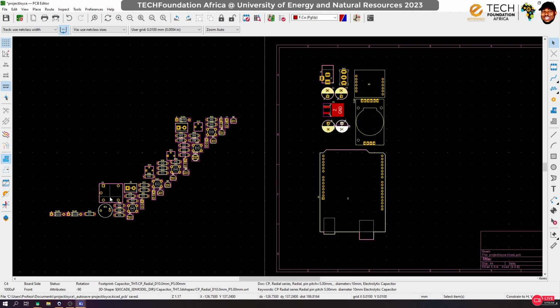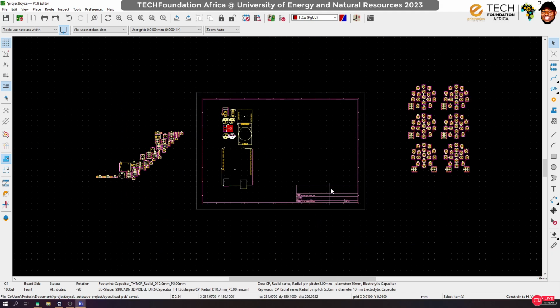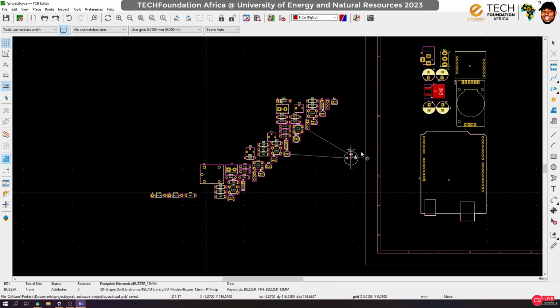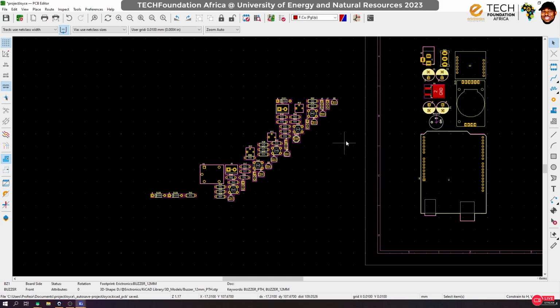And then let's also handle the AC. Now the AC guys, I don't want them interfering so much, so probably I'll bring them at the edge of this side so that they stay put from the input. Okay. So I think I like this arrangement. Yeah. Let's keep our buzzer somewhere here for the time being. Okay, let's keep it here. And then, okay,